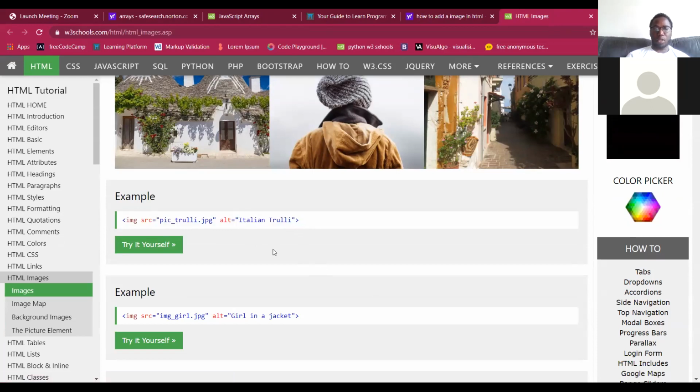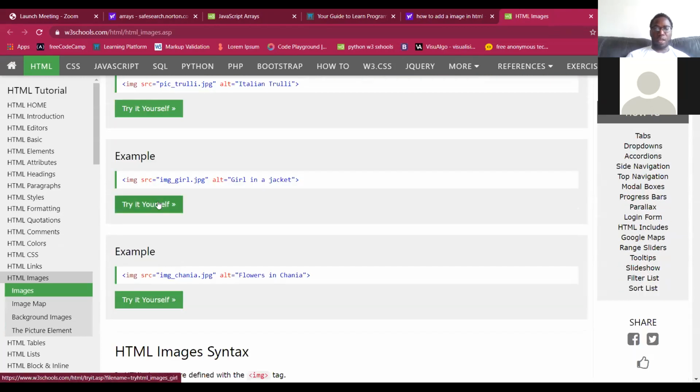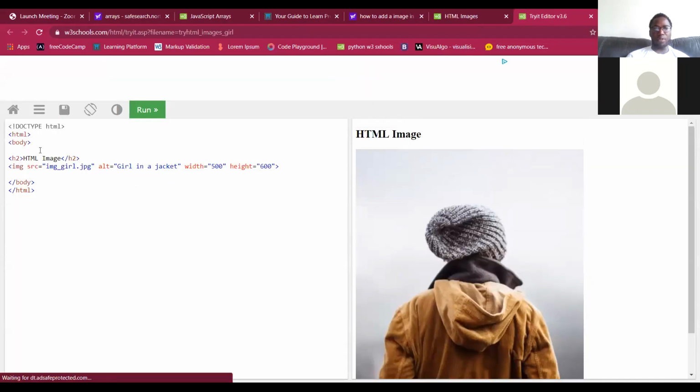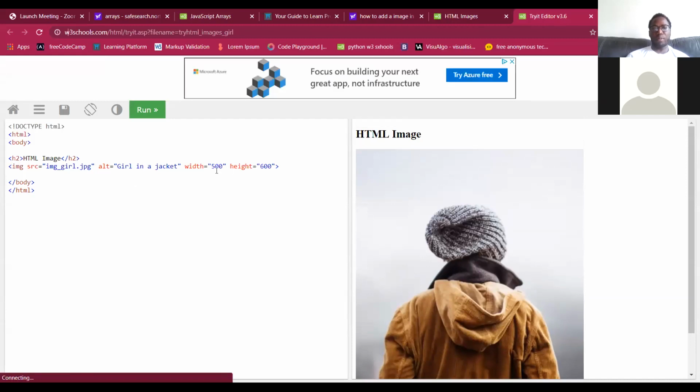Oh wow. It'll have the code, and if you do try it yourself, it shows up. See, it shows what happens. It even shows you where to put it. Put it in the body somewhere. So here, let me start a new one here. Let's see if I can. Can I do a new file? Yeah. Let's just do